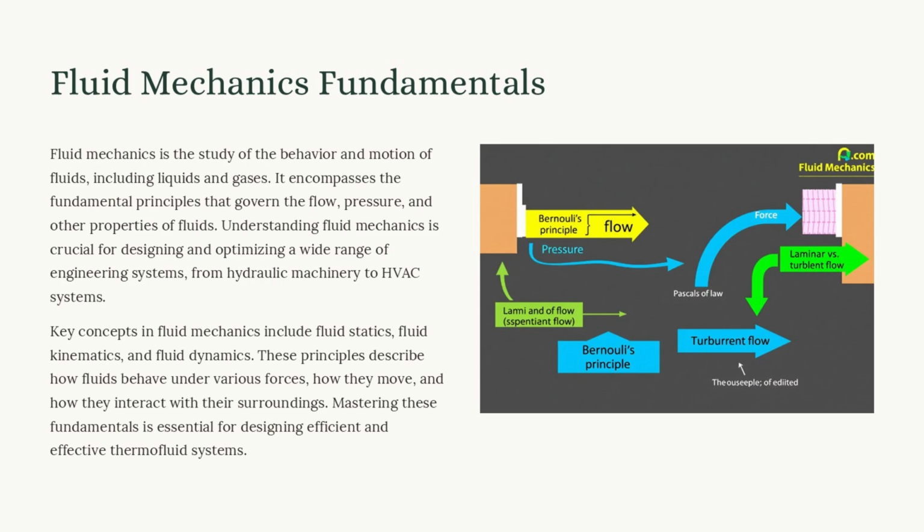Key concepts include fluid statics, fluid kinematics, and fluid dynamics, which describe how fluids behave under various forces, how they move, and how they interact with their surroundings. Mastering these fundamentals is essential for designing efficient and effective thermofluid systems. The image on the right provides a visual representation of some of these fluid mechanics principles, showing flow, pressure, and